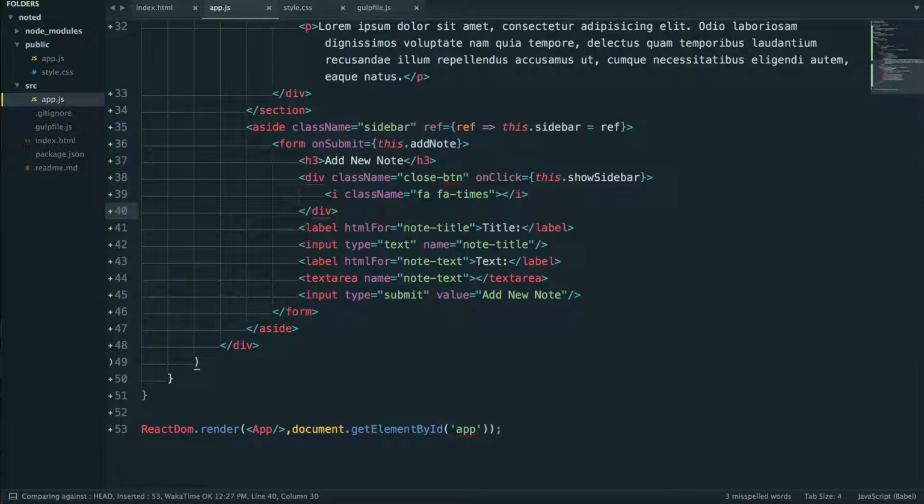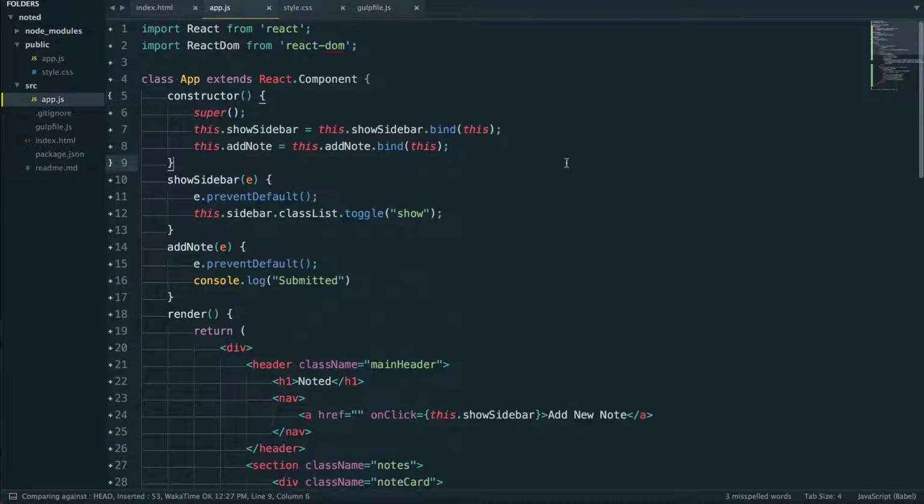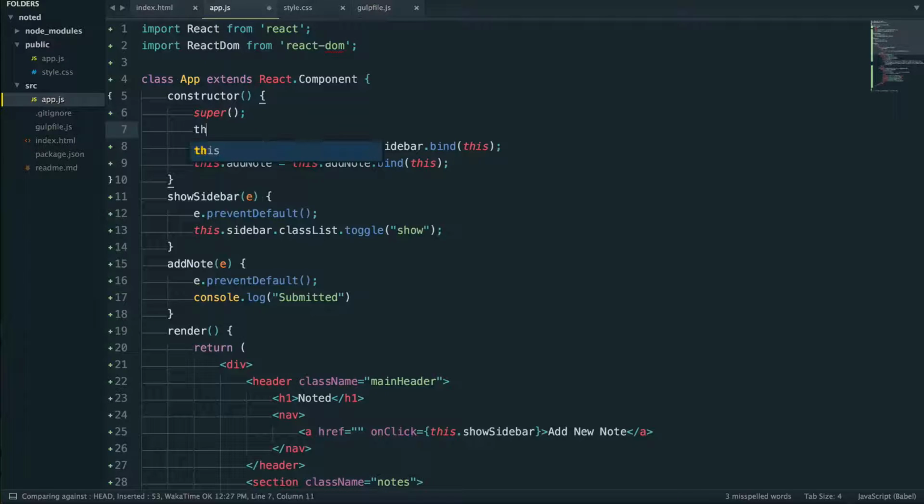What we need to do now is we need to actually be able to grab the text from both of those things and actually build up some sort of object. So there are two things we're going to do first. Up in our constructor, we need to set some initial state. So we're going to say this dot state,